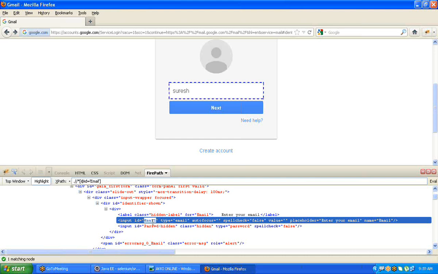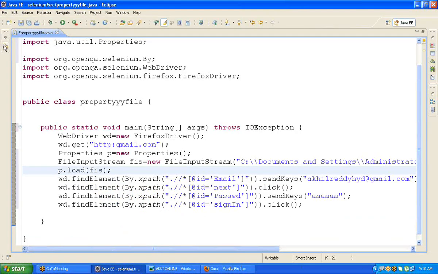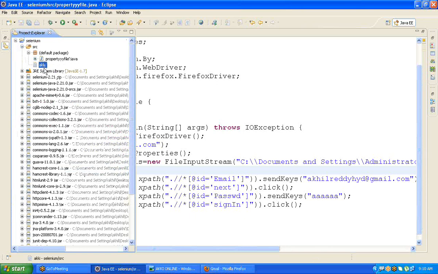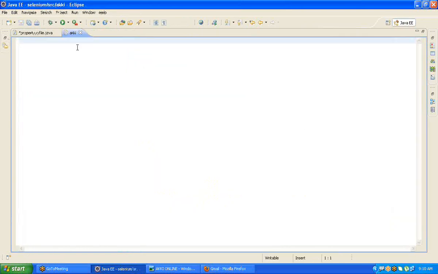Now I want to take the ID property, so copy. Come to the property file. Username property is un, and the property is email.